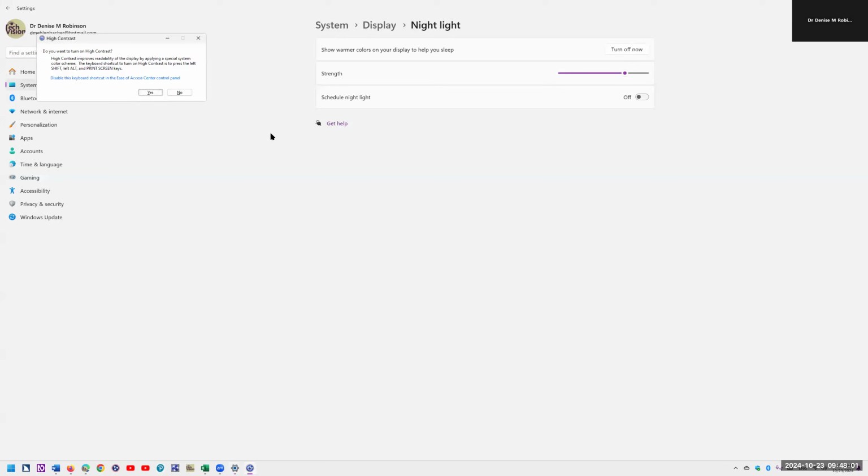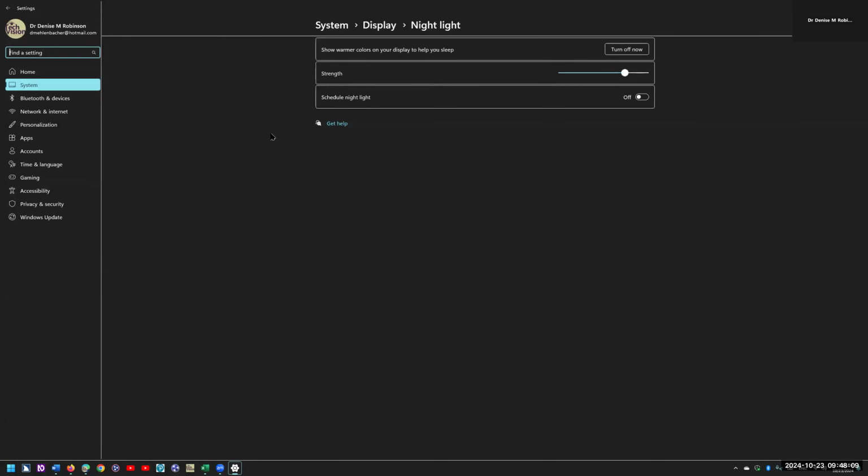And it tells you, do you want to turn on high contrast? And I'm going to hit enter on yes. You can set up your high contrast. And I always tell students I take them through all the options of colors that best suit them. I'm either black on the background and white font or green font, but take them through all the high contrast